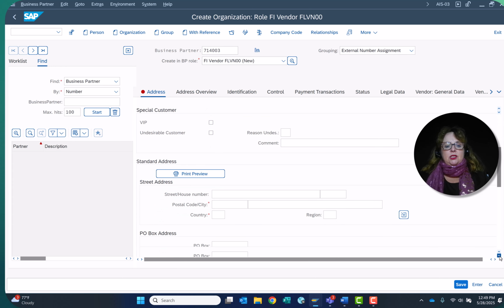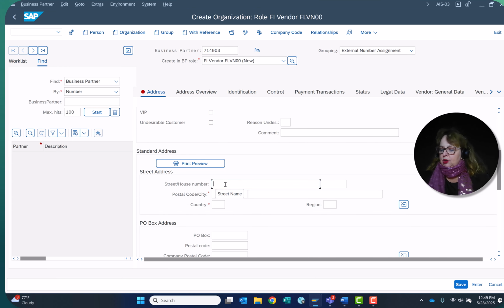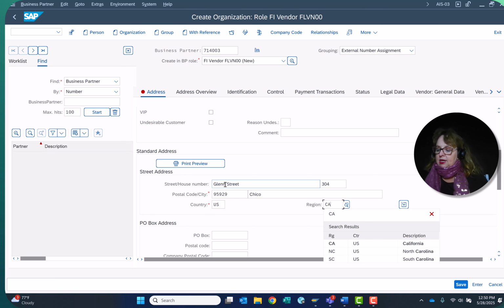We'll now go into the street and house number and put in Glen Street and put in 304, postal code and city 95929 for Chico, country US, region California,